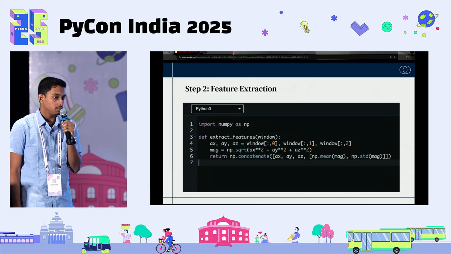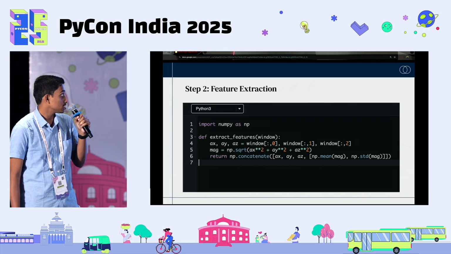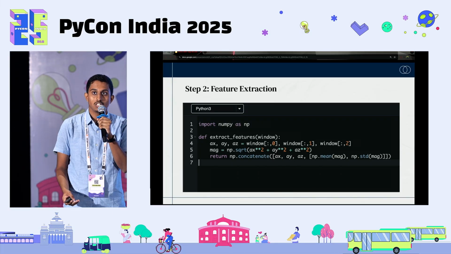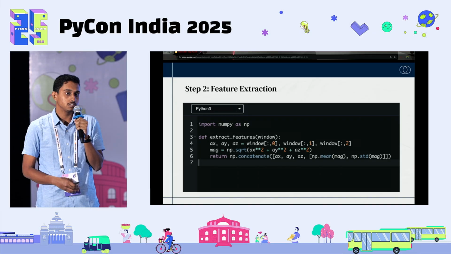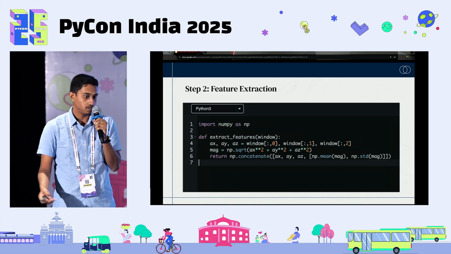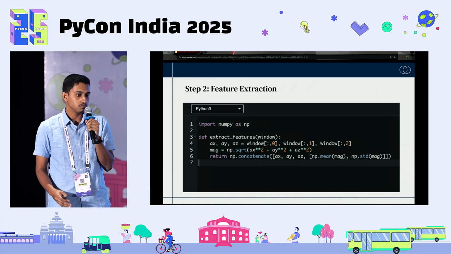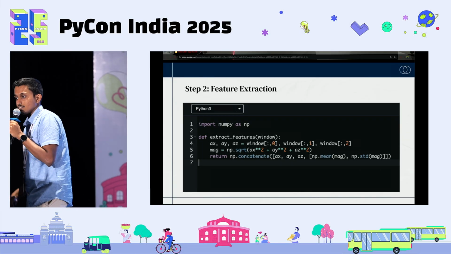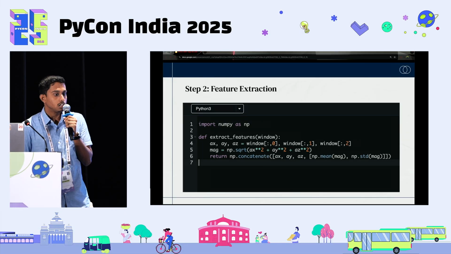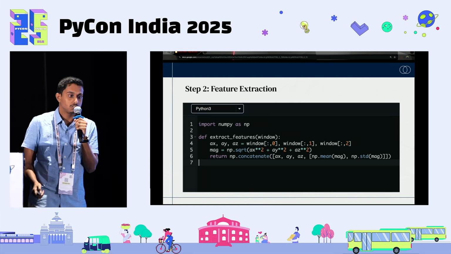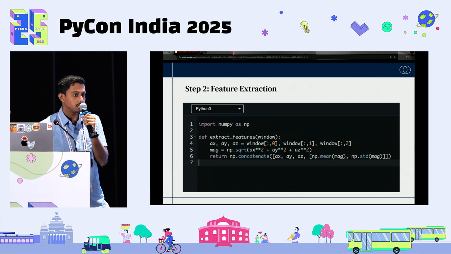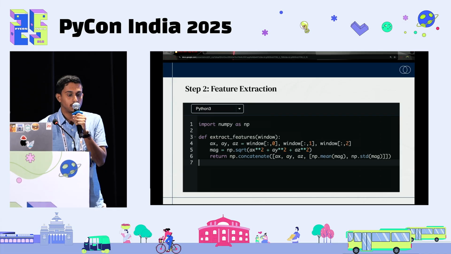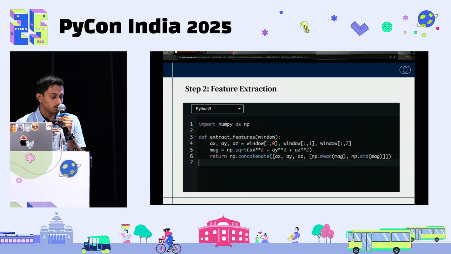Moving to the second step, so here we'll look into feature extraction. What we want to do is, there could be a lot of noise in our data that we collect from sensors, and there could be some wrong data as well. So we want to filter, we want to ensure that the data that we use is good enough for our machine learning model. So what we do is, we get the features. What features are? Essentially numbers that we derive from the raw data to make sure that we have good